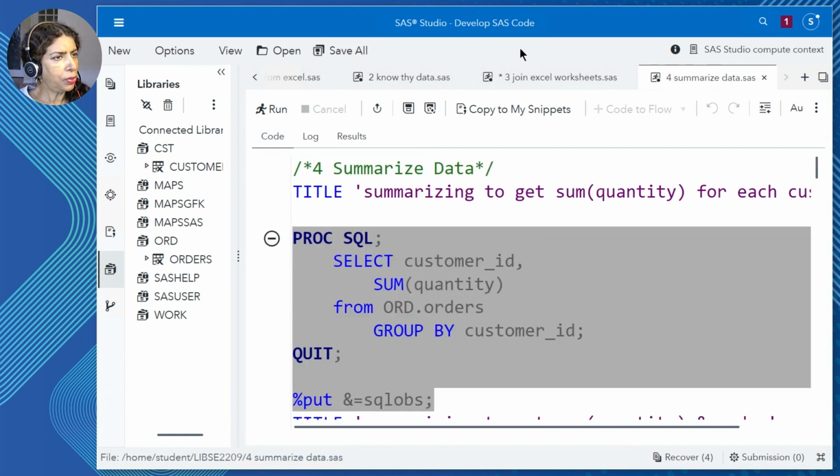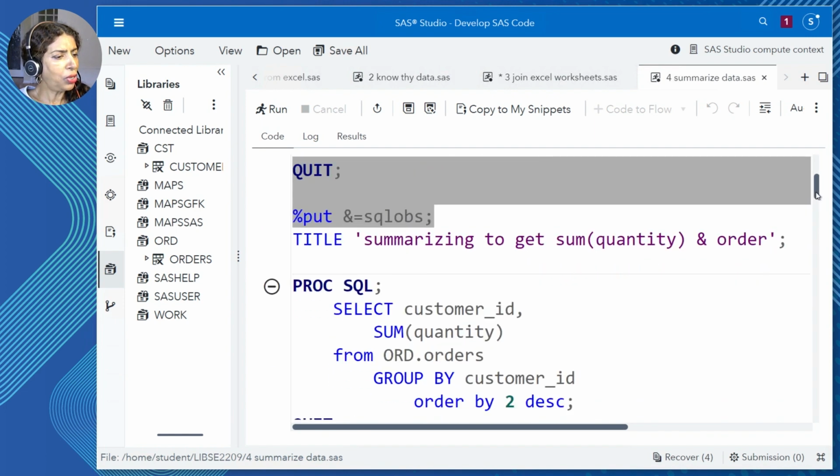Let's head back to the code. While that report gave me the sum of quantity for each customer, it was not really informative. What I'd like to see is a more intelligent report, meaning, how about SQL give me each customer, but I want to see the sum of quantity in descending order. So I want to see the customer that purchased the most quantity on the top, and then a little lesser and a little lesser, and so on and so forth. So how do we achieve that?